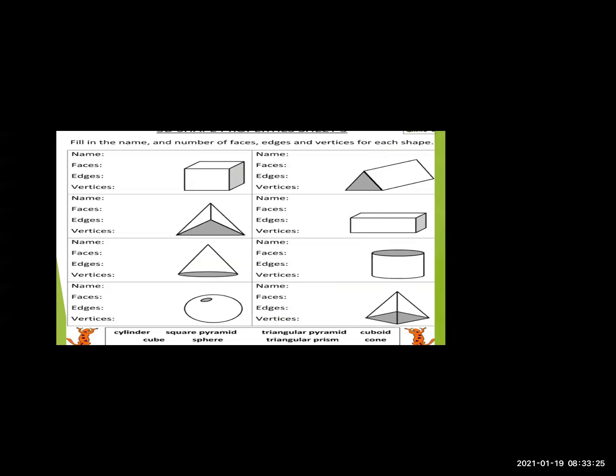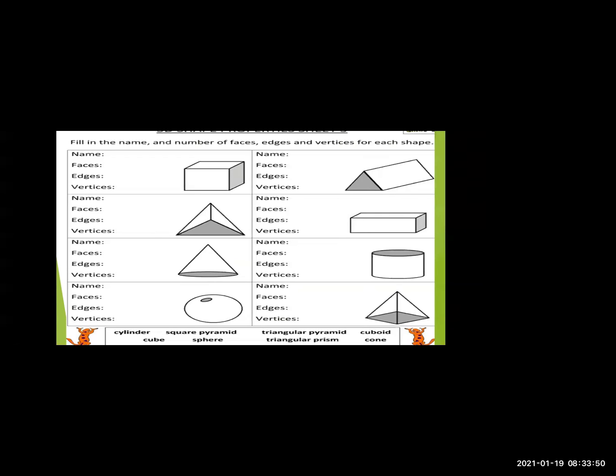It's a pyramid. Why? Because the base is triangle and the base tells the name of the pyramid. But when all the sides are covered by triangle, it is called a triangular pyramid. So a triangular pyramid has four faces, four vertices, and of course, there will be six edges.